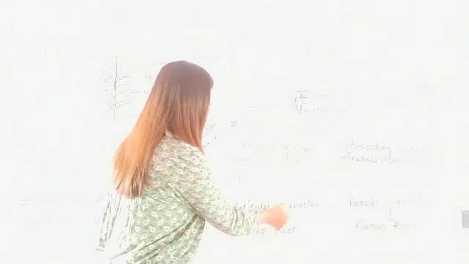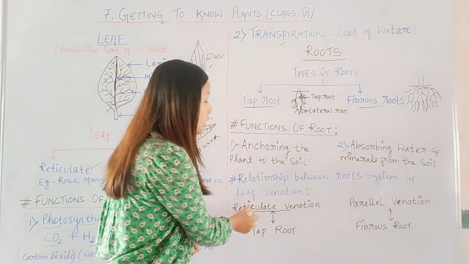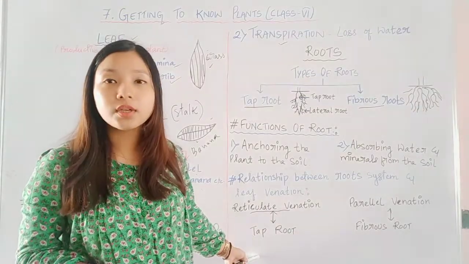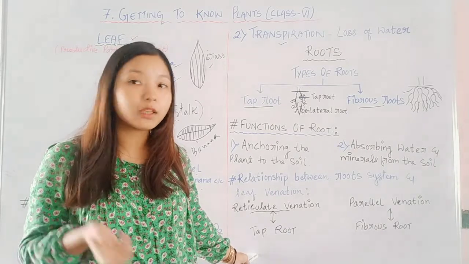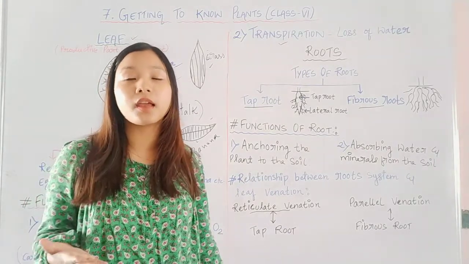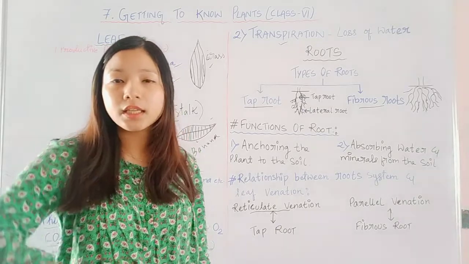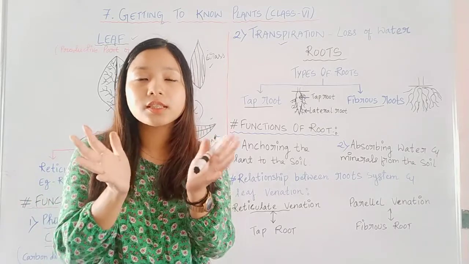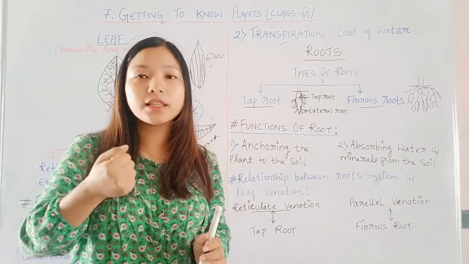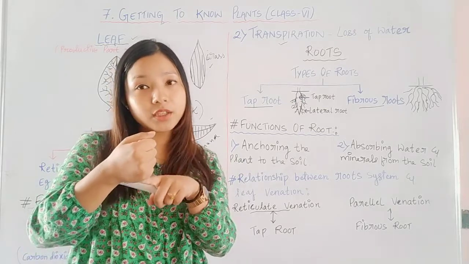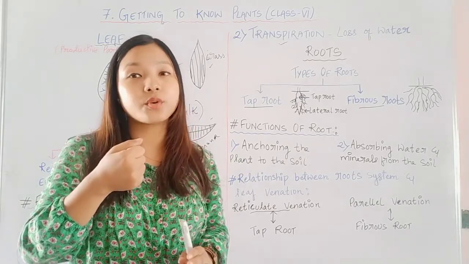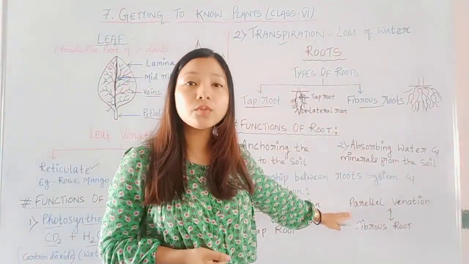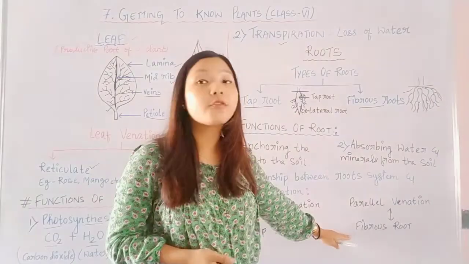Most of the plants or leaves with reticulate venation will have taproot. You can take the example of a carrot. If a carrot is there in your garden, or you can buy a carrot with a few leaves on the top, easily pluck it out, or take any small weeds. If it has reticulate venation, pluck it out, and more or less you will find the roots will be of taproot type. While the leaves which have parallel venation, most of the time they will have fibrous root.